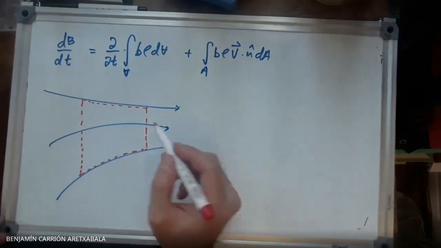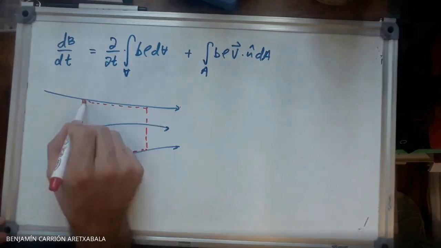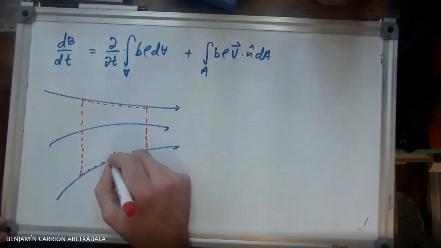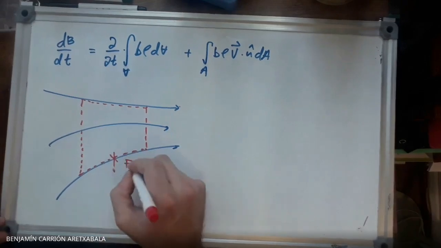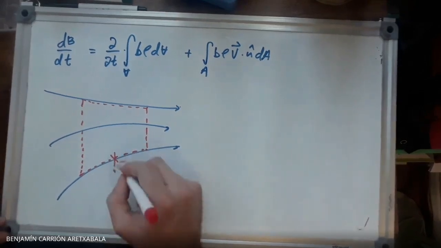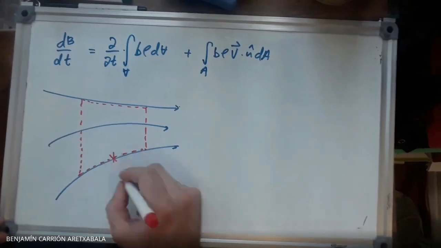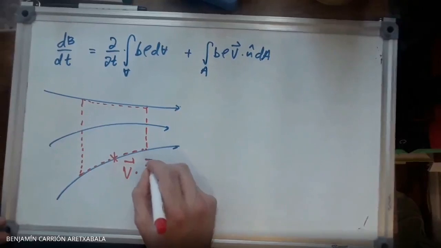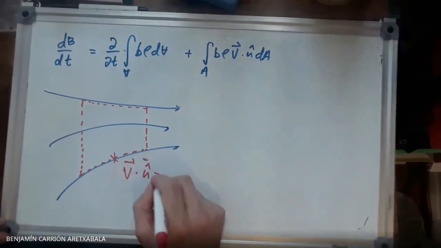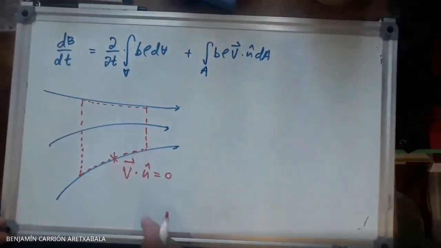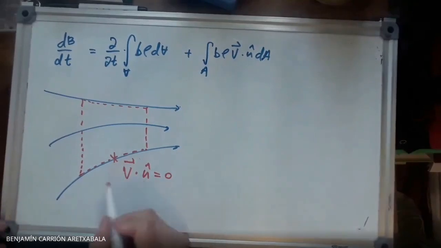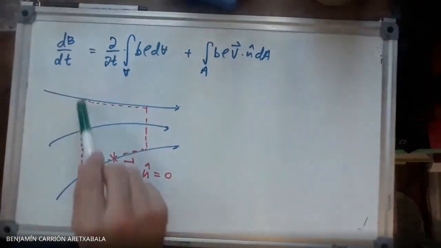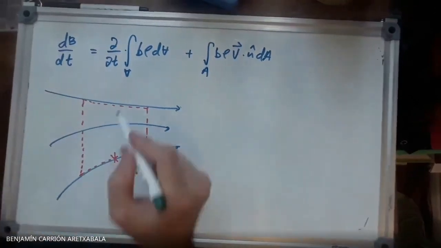Why is this smarter? Because if your control volume is aligned with the streamlines, here you have no flux. On this side, v dot n is 0, right? So you have no flux here. So basically what this is saying is, if this is your control volume and you have water flowing through it,